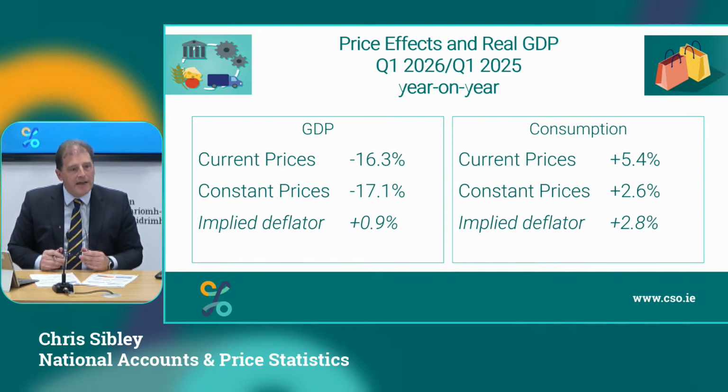And the same principle applies on the left-hand side to GDP. The M&E prices are quite different from the domestic consumption prices, so we have a smaller deflator there. But the principle remains the same, that we really have to look at prices at the moment when we're looking at our macroeconomic measures between one period and the next.